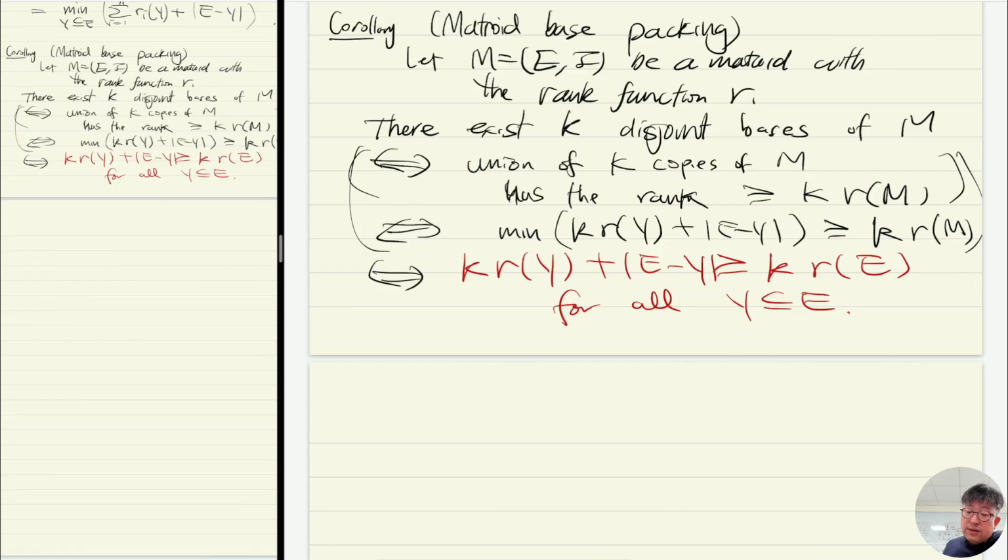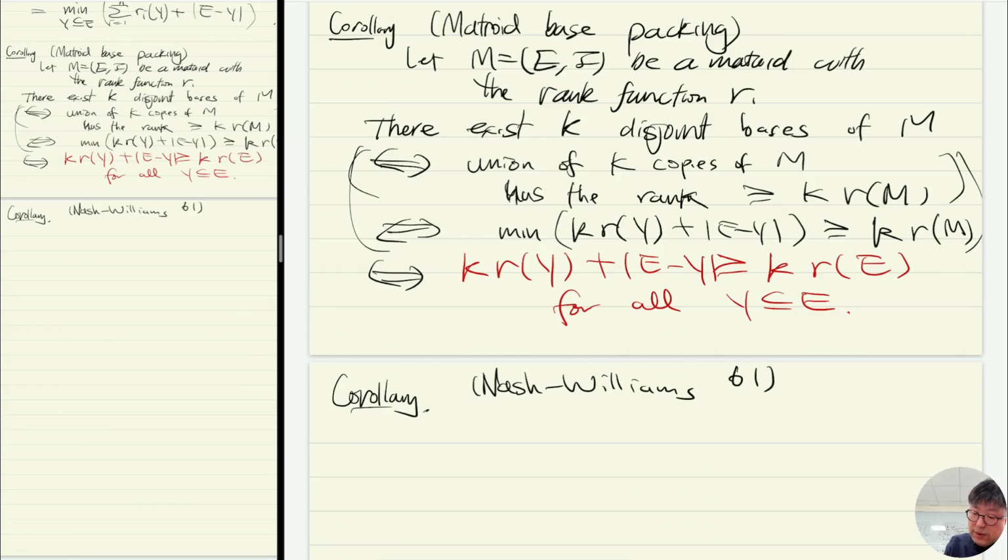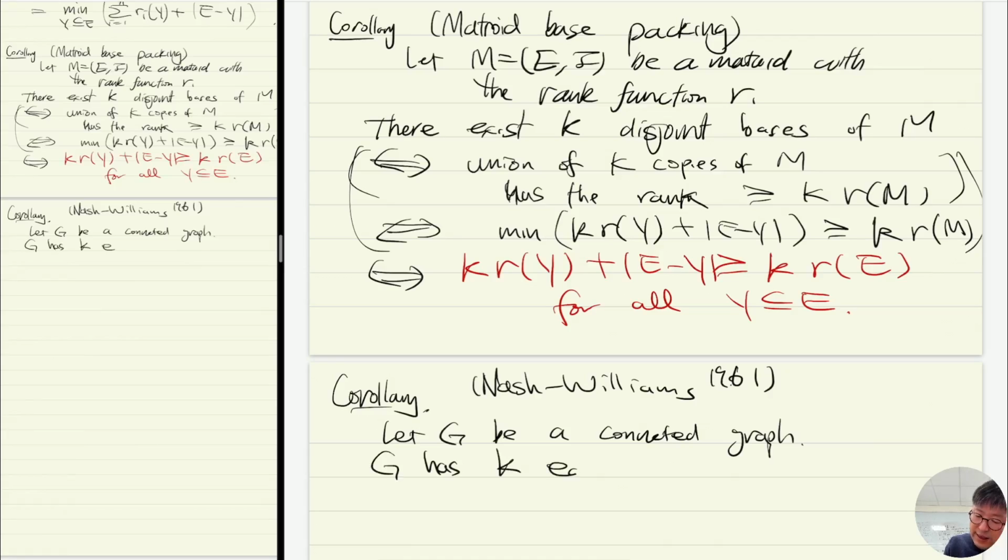Now let's see what happens with graphs. This is due to Nash-Williams in 1961. Let G be a connected graph. And then G has K disjoint